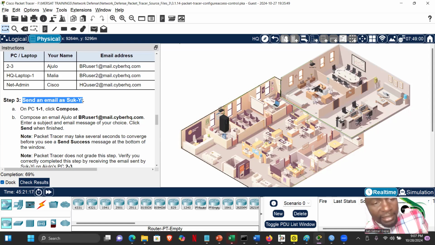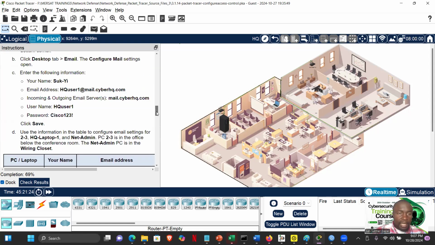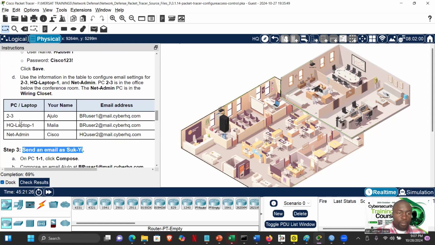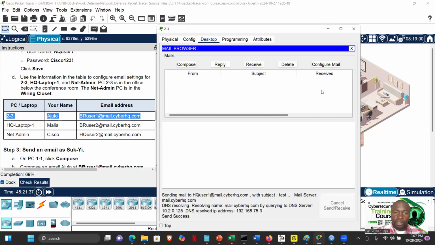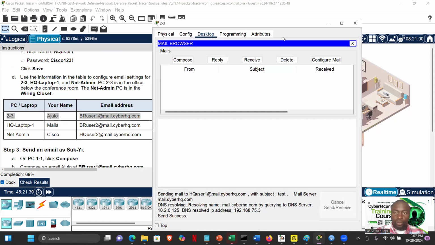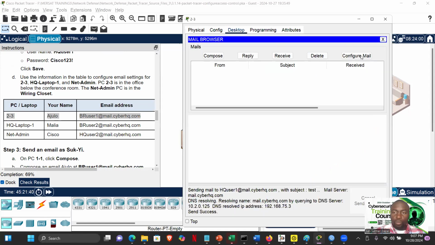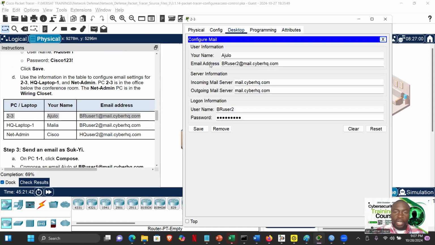So after the class, I decided to go through it and check what the error was. And I discovered what the problem was. The problem was basically here, where we were setting this up. This is where the problem is. This PC 2.3 with this email address, can you see? This is the PC here, PC 2.3. When we come to configure mail, you see,